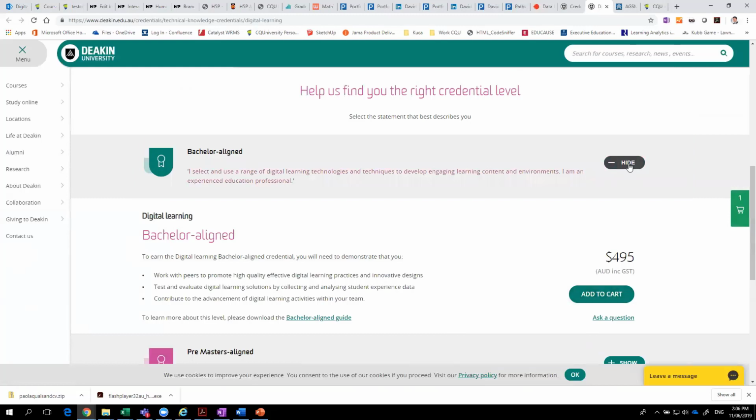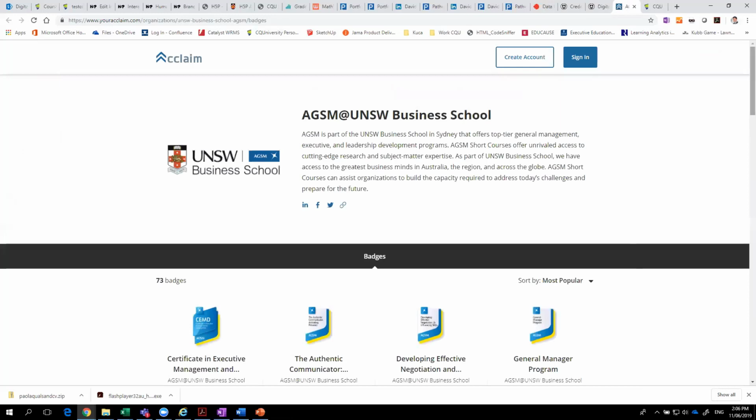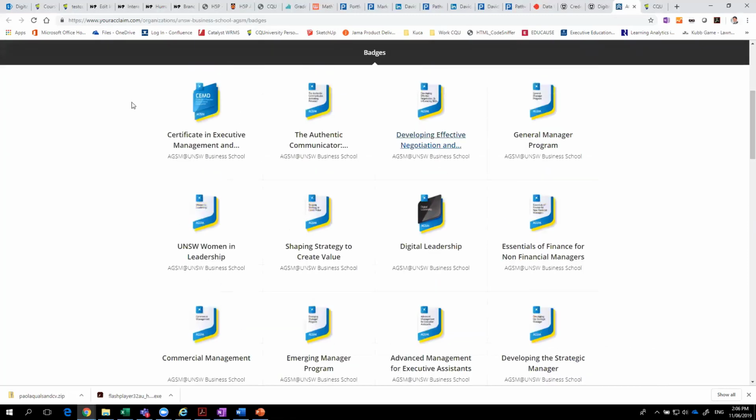What they're using this for is a way to funnel people into their program. So it's a little bit like recognition of prior learning or credit transfer of sorts. And one final example, AGSM from UNSW. By the way, they're all using pretty much the same platform, just visually represented differently. Whole range of these micro-credentials that you can acquire that build up to a bigger whole over time, if you like. So that's the micro-credentialing space.